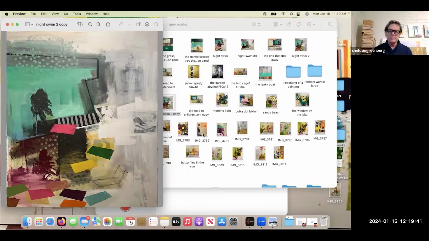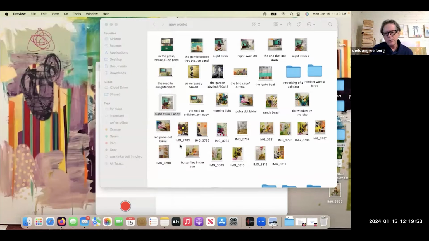Because I find that the way that I like to work now is not so realistic. I'm going to use realistic imagery, but I'm going to mess up the sense of where you are in space. Are you on top? Are you underneath? Are you on the side? And I find that really fun to play with. And so I'm always thinking that contrasts are really important, and any kind of contrast that I can make, I will do.